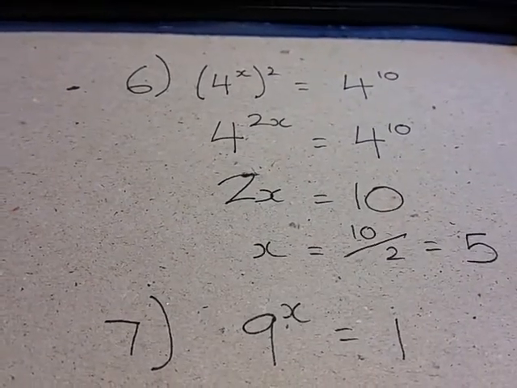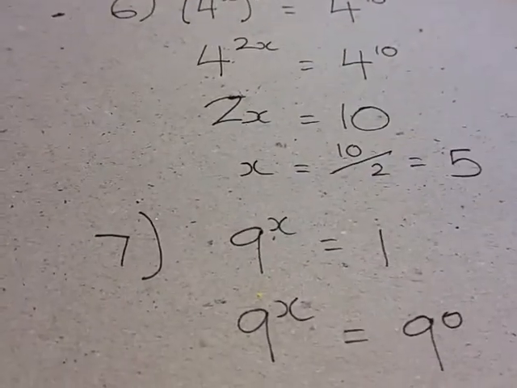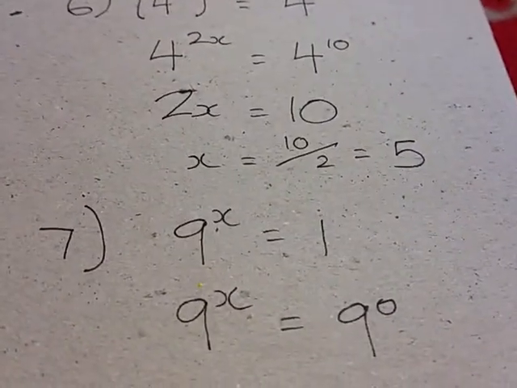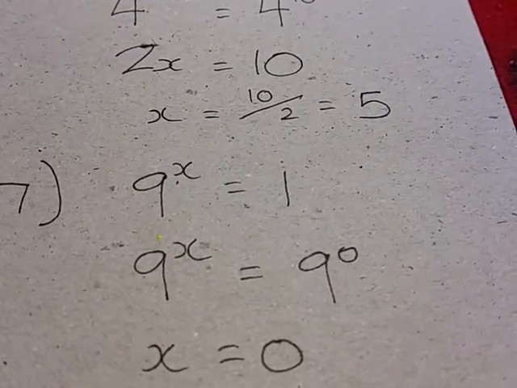9 to the power of x equals 1. Remember, anything to the power of 0 equals 1. So 9 to the x equals 9 to the 0, x equals 0. And then finally,